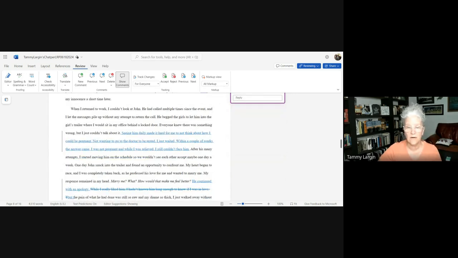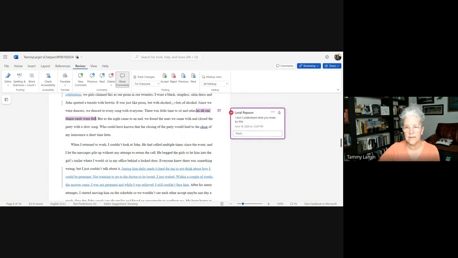But as you can tell, this is really what it looks like. Where she says, I don't understand what you mean. I'm going to type, let's see, there was little time to sit and relax as all of our dance cards were full. As, I'm going to highlight it and press delete. That's going to put a line through it. And then I'm going to put, there was little time to sit and relax as,